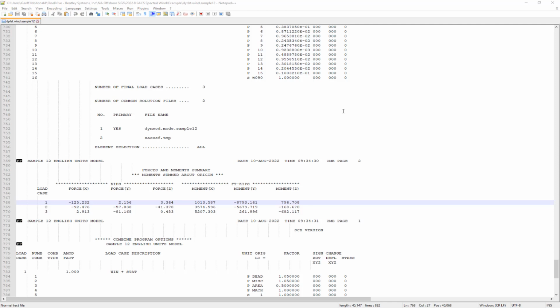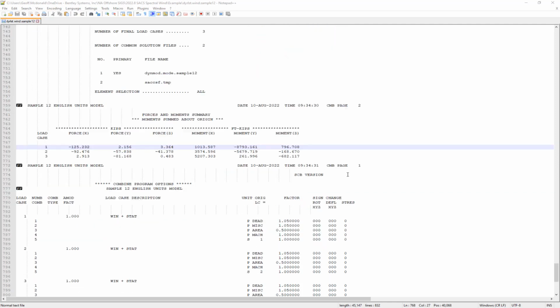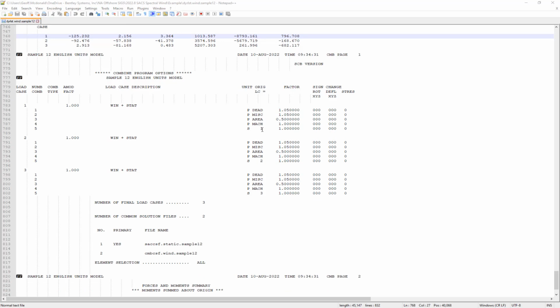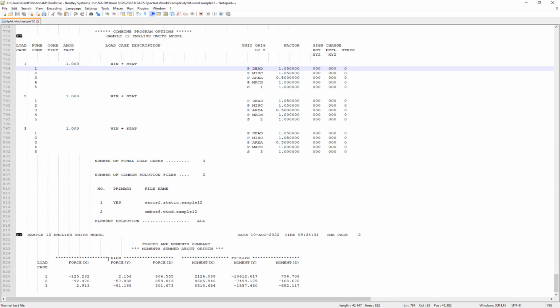The dynamic amplification factor is going to vary because we do iterate over the elements when we're doing this, and you can get different dynamic amplifications for different elements. So that is something to keep in mind. And then at the end, we do a static combination of the wind load and the extreme wind load here and the loads from the static gravity loads. And that outputs another force summation. And once you have this common solution file, this is your final output, then you can do